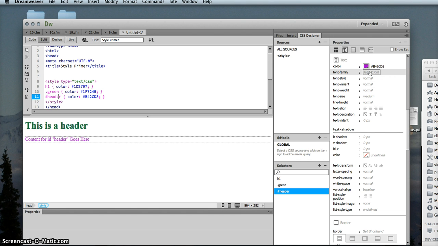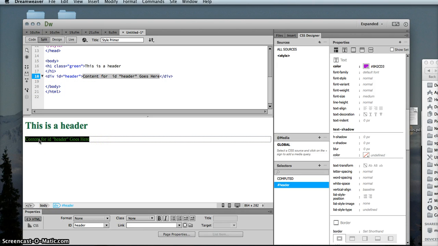Personally, my recommendation is to stick to one way of doing it. You won't get so confused. All right, now with this div tag here, if I created an h1 in here,